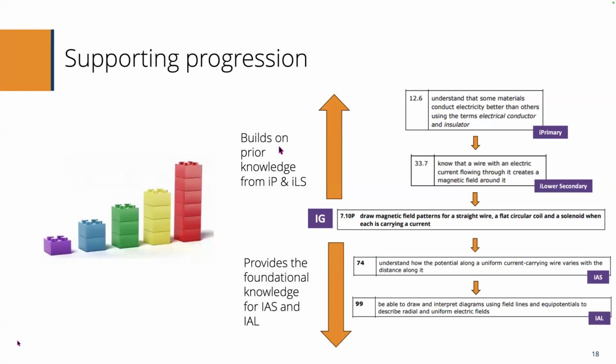Right, how does our course fit in with the rest of the courses that Pearson offer? So if we consider that I'm looking down at this as it's sort of, to my mind, we should have done it the other way around. We've got slides going showing these, I presume they're Lego bricks or Lego lookalikes, showing that we're building up progression. And then the slide here is taking it from the international primary and international lower secondary courses, where we have content such as using the terms electric conductor, using the term insulator, and then a little bit lower down in lower secondary,